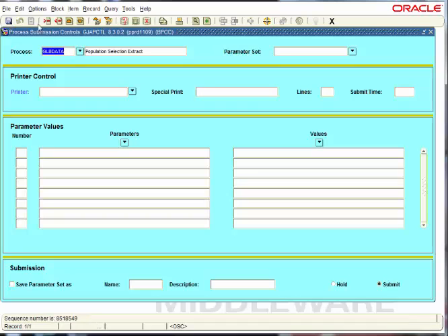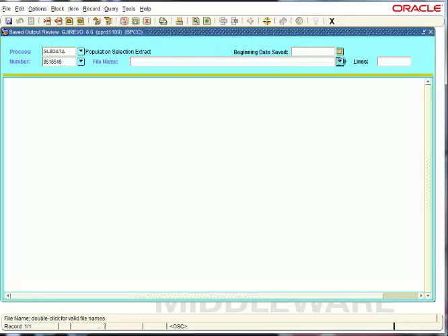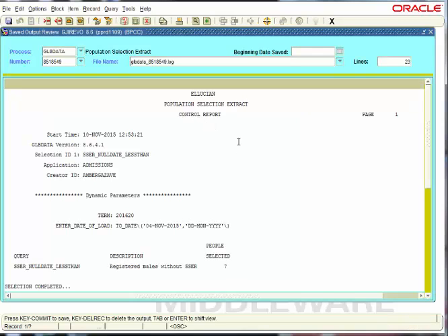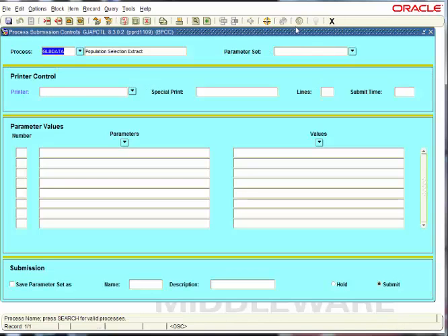Now, to see if you have a population, you go to Options, Review Output. You double click next to the file name, and then you double click on the .log file, and you're going to see I have a population of 7. So what this is telling me is I have 7 males that I've received an application for 2016-20, and they're not registered with Selective Services. So I need to make sure that they go out there and register with Selective Services so they can continue their application process. Now, then I'm going to move on to the next process, which is going to be SAMAP,